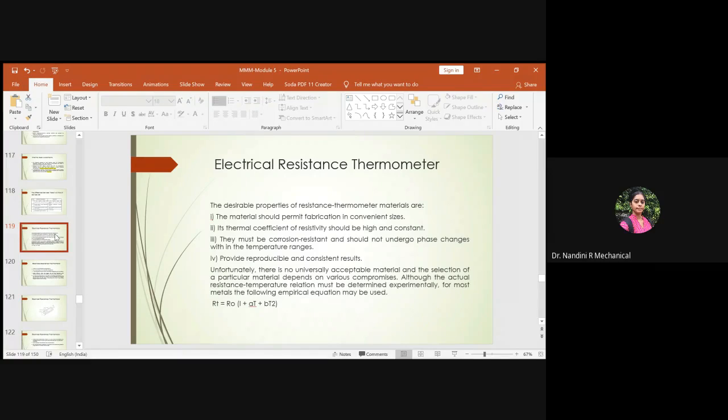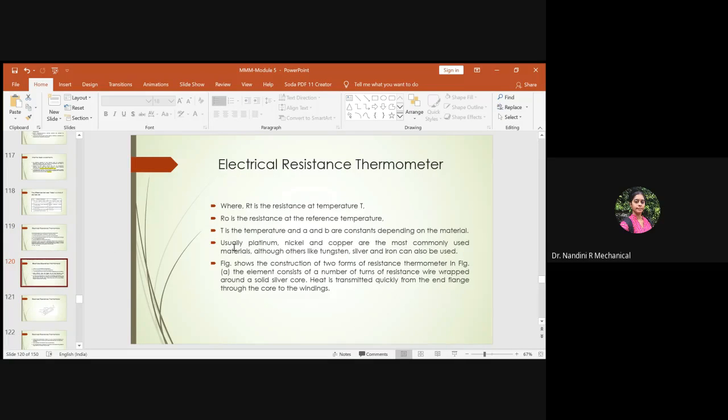Okay, so we were dealing with the differences, and then we dealt with the material, its properties, and the equation used to calculate the electrical resistance. Usually the electrical resistance value we determine experimentally, but in some cases, if you know the material that has been used, the material constants, the temperature variations, the reference temperature, and the temperature at which the resistance has to be measured, then you can use this equation and calculate the values.